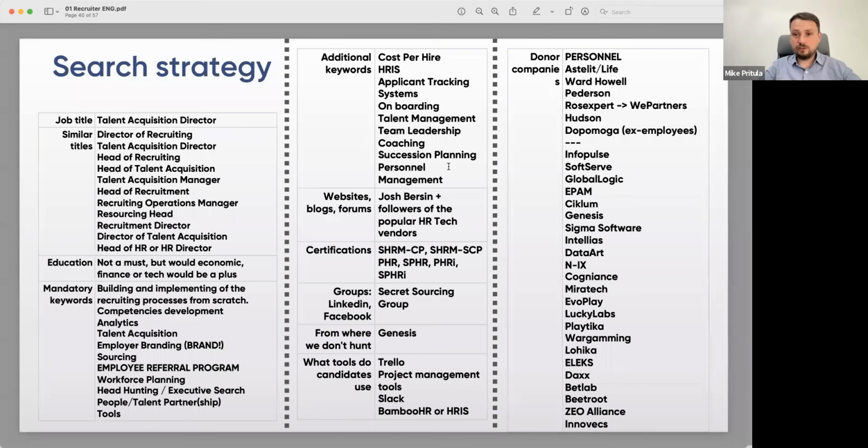Search strategy consists of similar job titles, because if you want to search, you have to know all possible synonyms. Education, keywords that will help you filter profiles, additional keywords if you have a lot of profiles with these keywords, website, blog, forum, certifications, groups, from where we don't hunt if we have some limitations or off limits, and tools